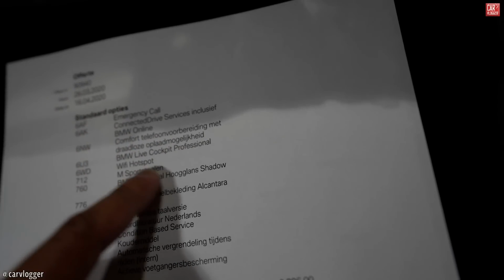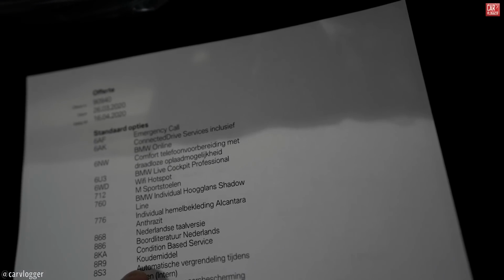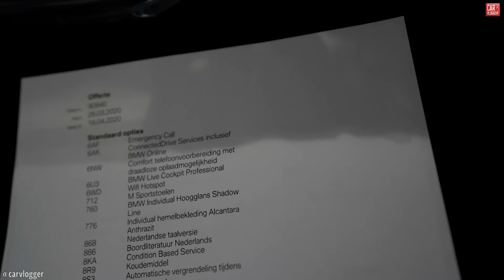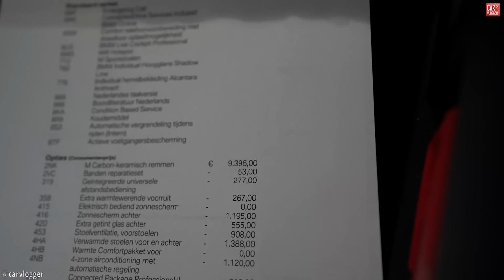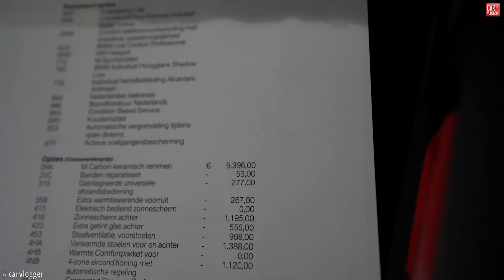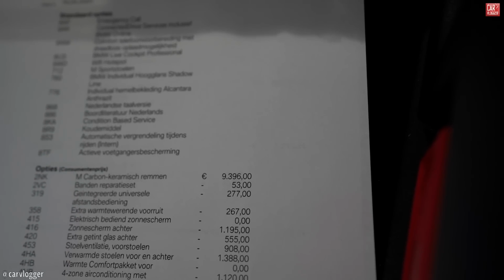BMW online, live cockpit professional, Wi-Fi hotspot, M sport seats, roof Alcantara in the interior. Okay, base options, check. Here we go, specific options, the big ones, the big numbers. First one, M carbon ceramic brakes, 9,396 euros. Then we have heat protected front window, sunshades in the rear, tinted glass in the rear as well,